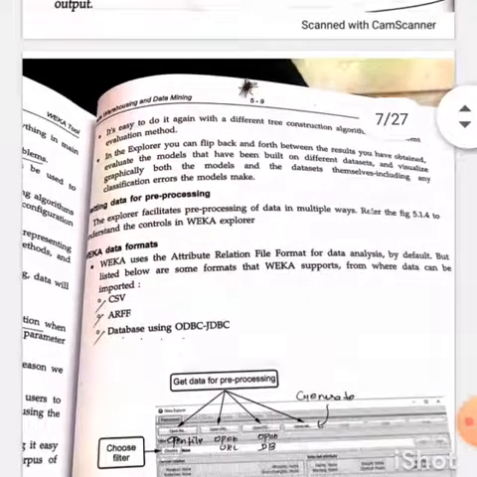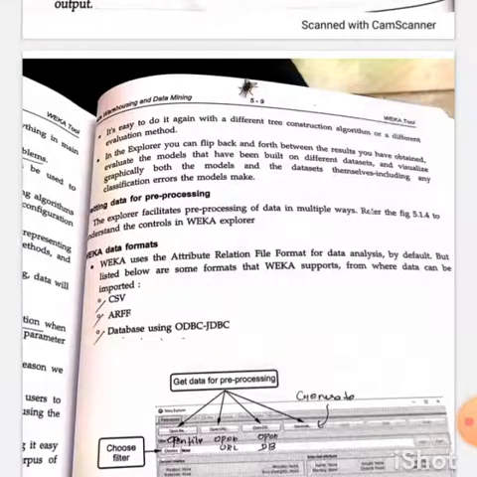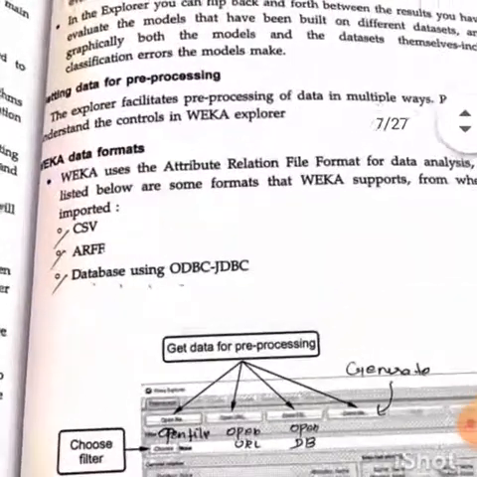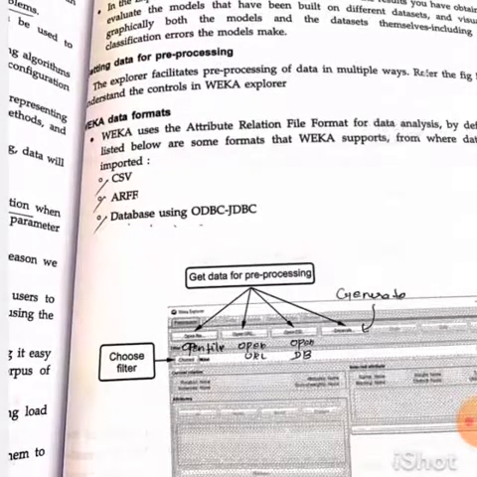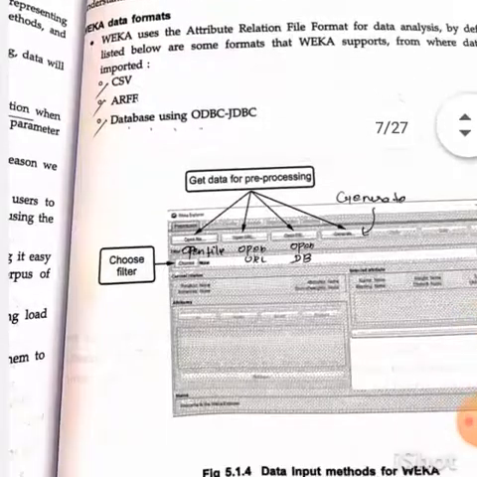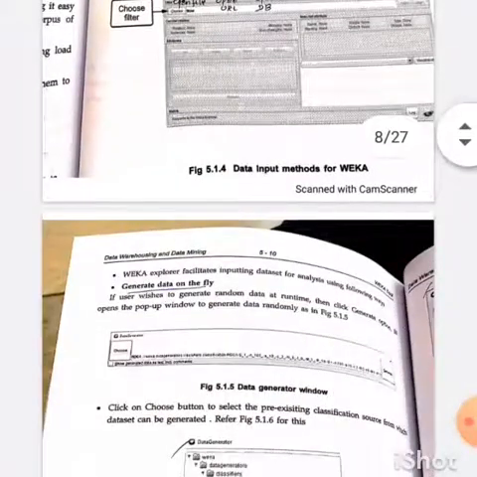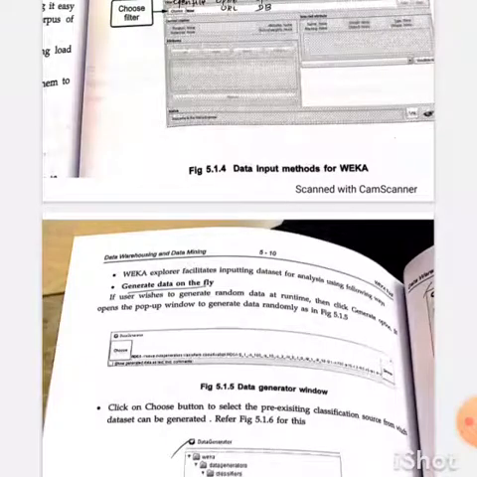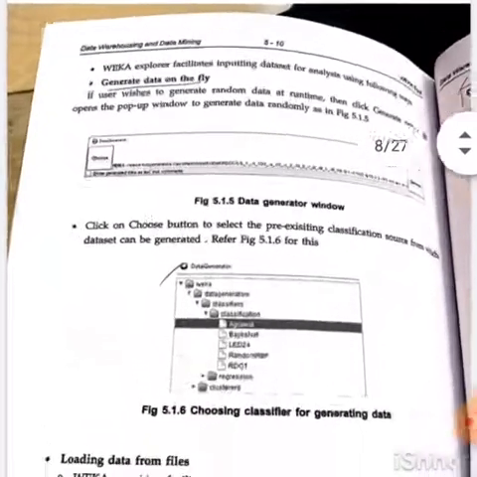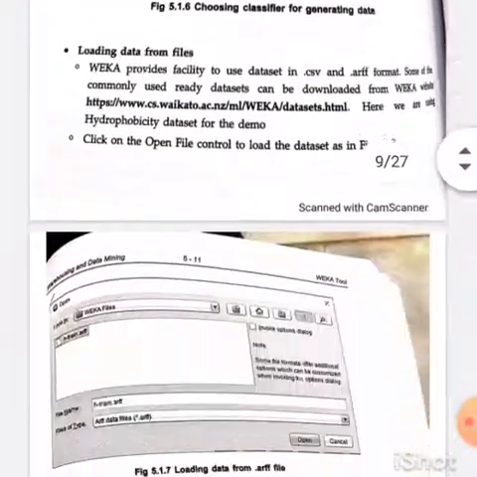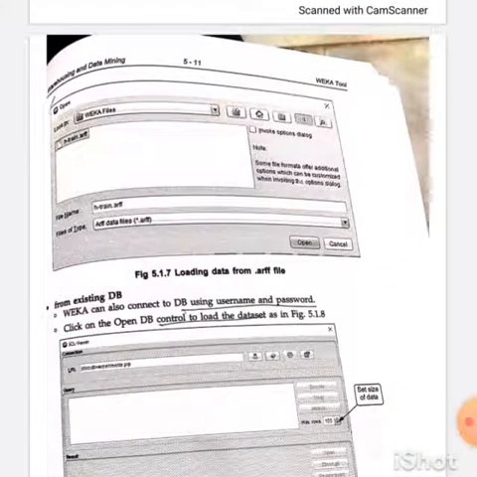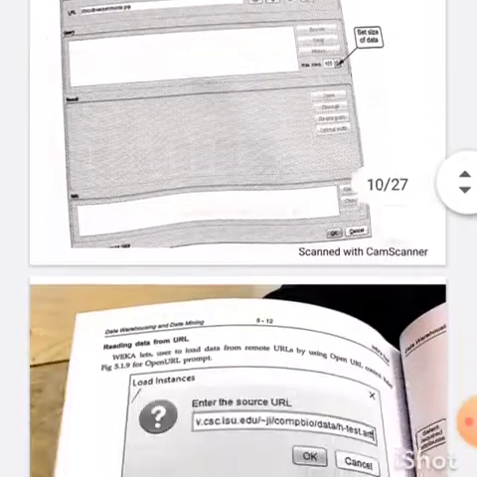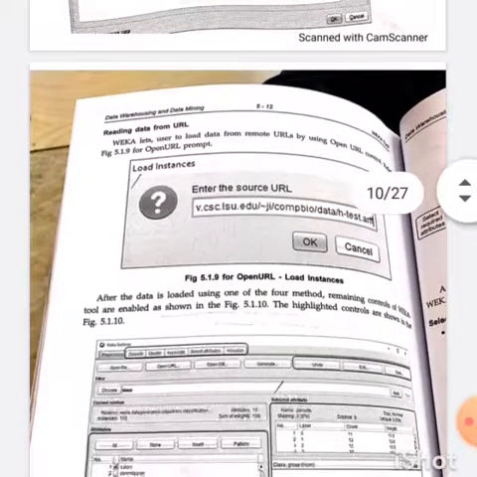How we take the input file: it may be in CSV format or ARFF format, or it may be taken from a database using JDBC ODBC connectivity. We take the input file, choose the file filter, and choose the classifier. Everything is diagrammatically mentioned here. You just see the book.